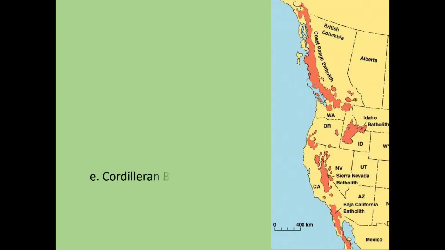many batholiths that are collectively known as the Cordilleran batholiths. Cordilleran is a term that typically is used to describe all sorts of mountain building things on the west coast of the United States. And so here is the Sierra Nevada batholith right here, and it's a giant plug of granite that basically was intruded and it cooled into place, and then everything above it eroded away. And you can see there's a series of batholiths along the west coast that are parallel to the coast because they were created during subduction along the west coast. So you can see down into Mexico, you have the Baja California batholith and the Coastal Range batholith up here